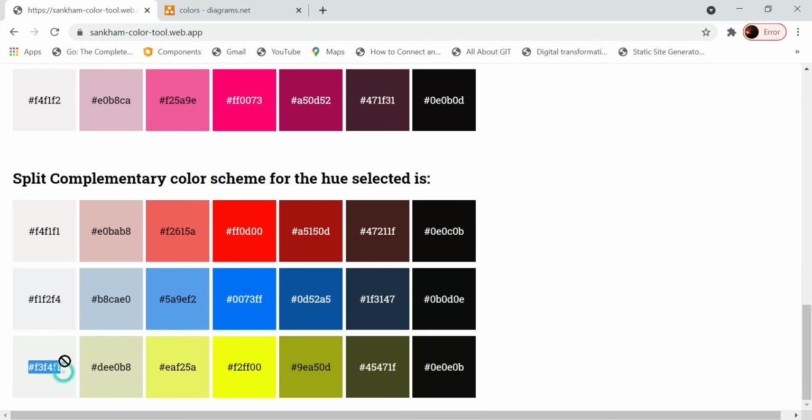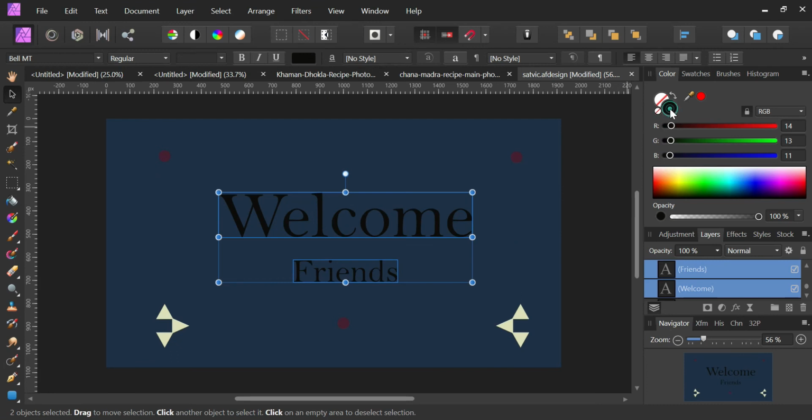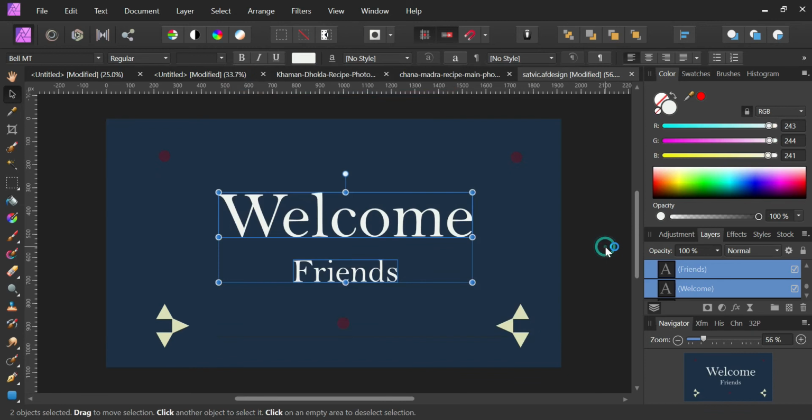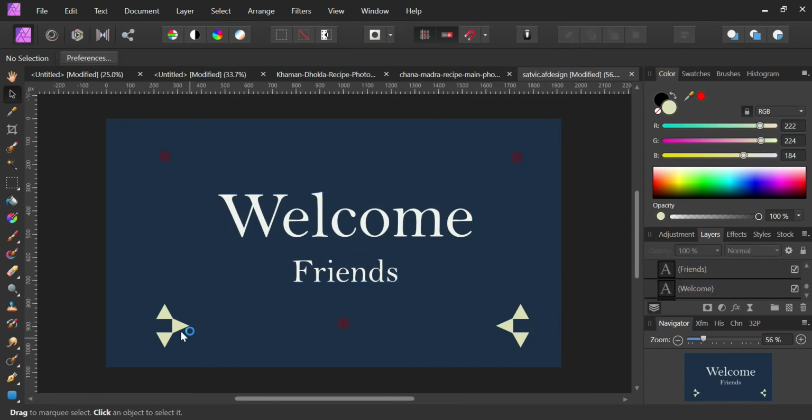Okay, just because I wanted the text to appear as almost white. Okay, so I will select this one. So if you see already, we are seeing that there is quite a good amount of contrast on this background color, right? So what is missing here is the actual color.